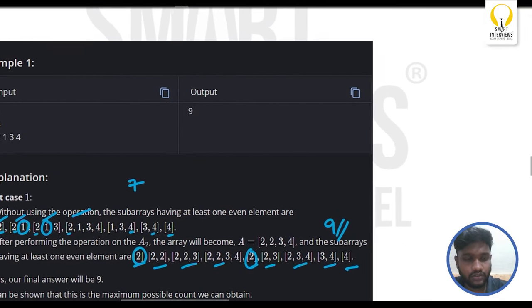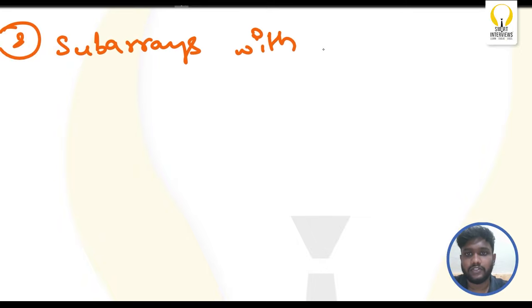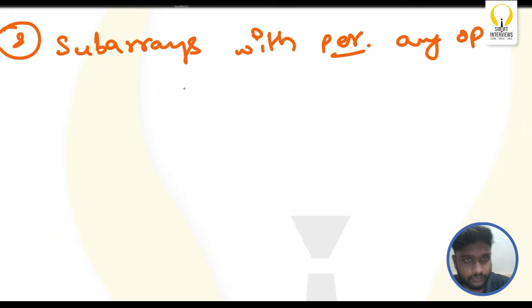Now, to solve this question, first let's count how many subarrays there are without making any changes, without performing any operations. Now we need at least one even element in the subarray, right? So let's take the example and add some elements to it: 3 4